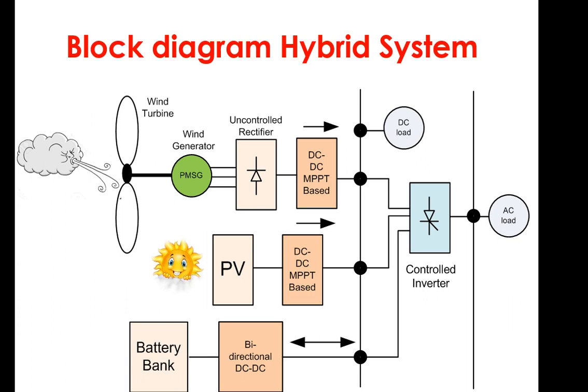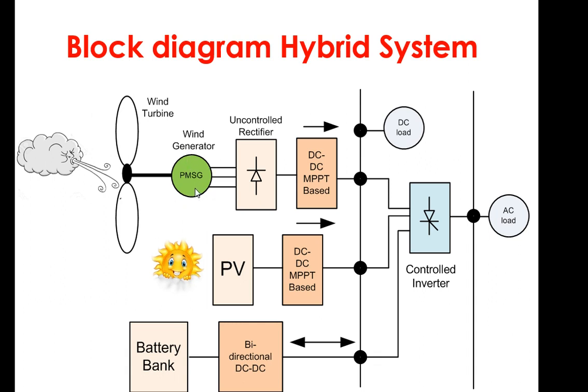Now this is the block diagram of the same. So we are having a wind turbine. It is connected with the generator. Usually there are four types of wind generator: type A, type B, type C and type D. Currently for the rooftop application and for the small community, the power sharing among the small community, we are having this small wind turbine. So we are having the direct drive system, and that wind turbine is connected with the